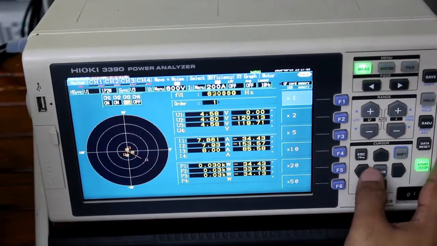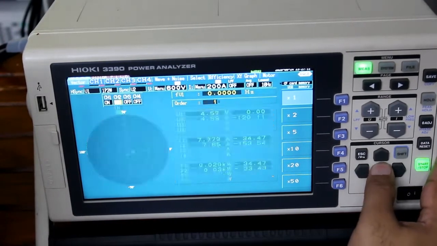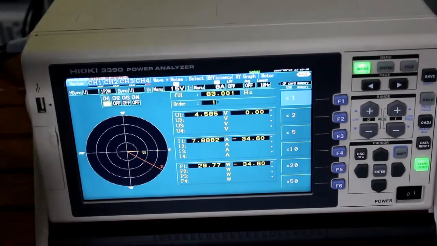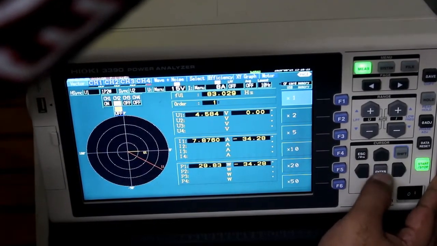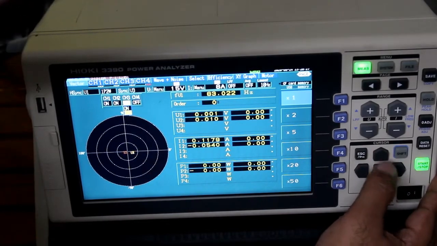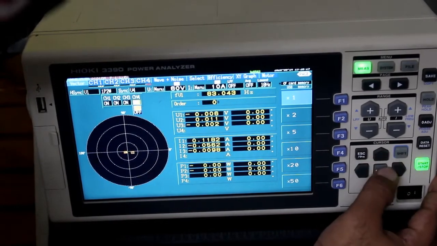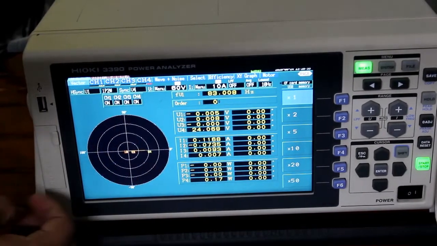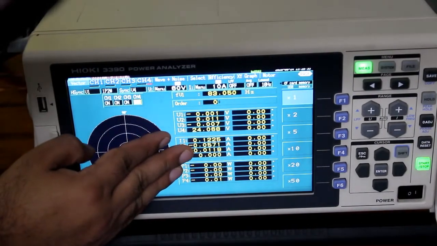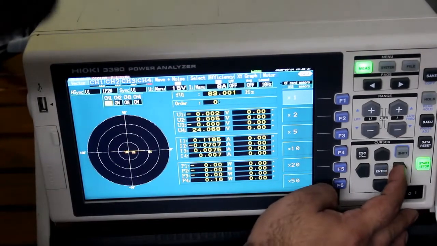I can switch off any of the phase. So like that you will be able to see all the parameters. I'll again switch on the channels. Right, the channels are on now. You can see all the parameters here, the phase differences and all, and even the order wise also.